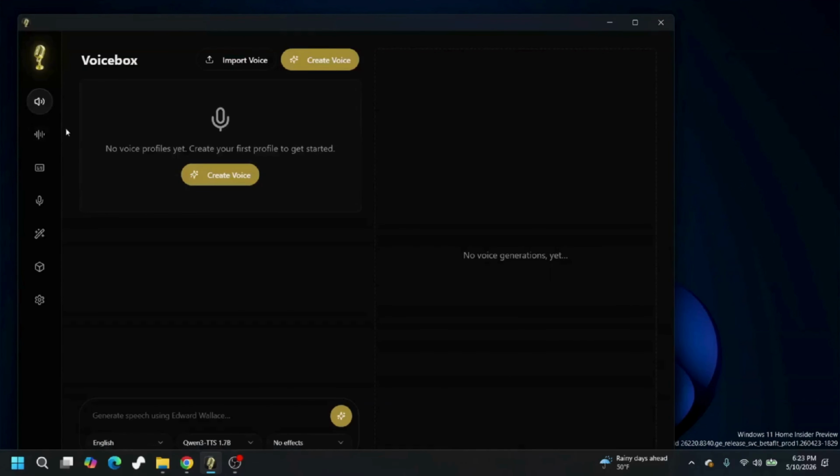So now here is where you're going to create the voice. Now you can import a voice or you can just record your own voice. Now I did record some voices that I'm going to import for you just to show you,